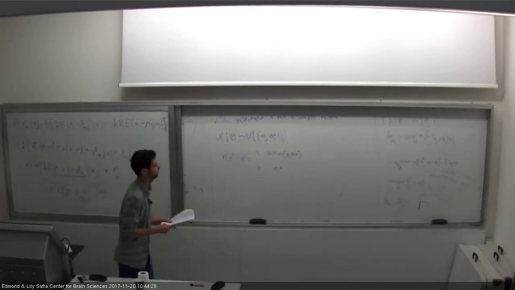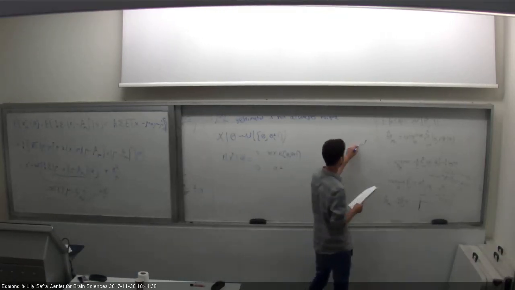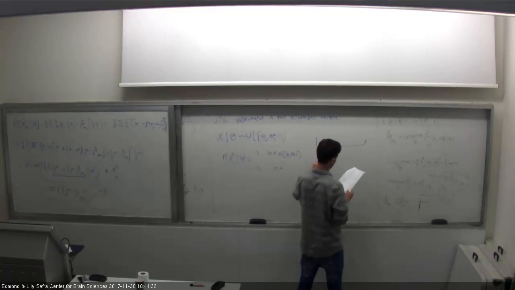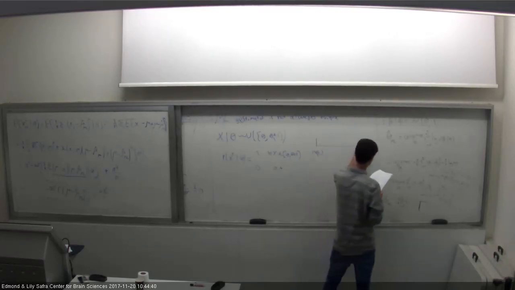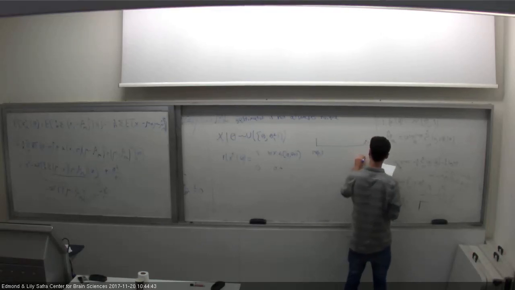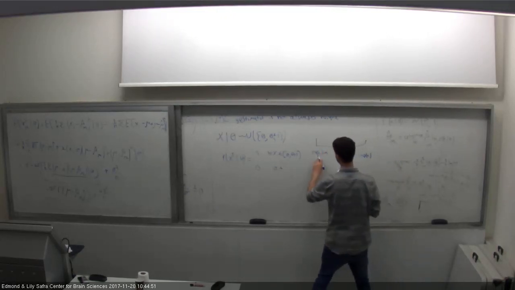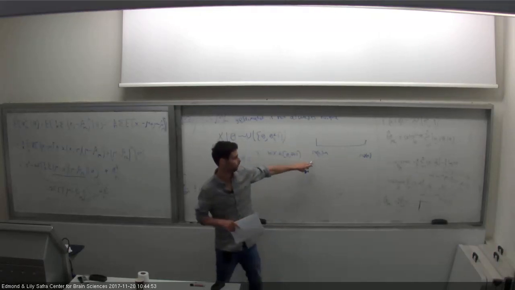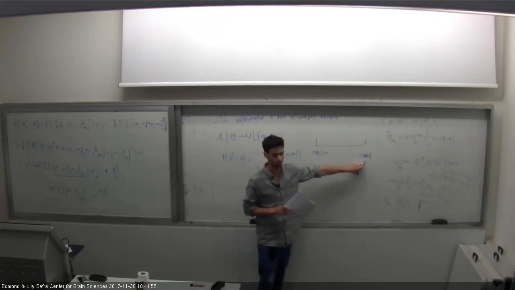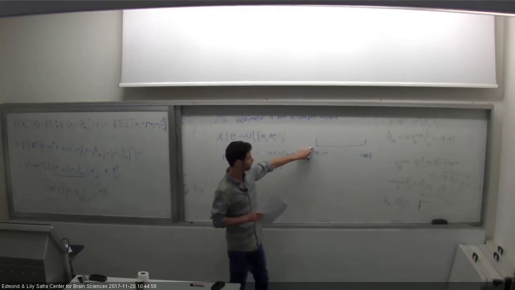If we have the interval, here it's the maximum xi minus 1, and here it's the minimum of xi, and all the theta that we will